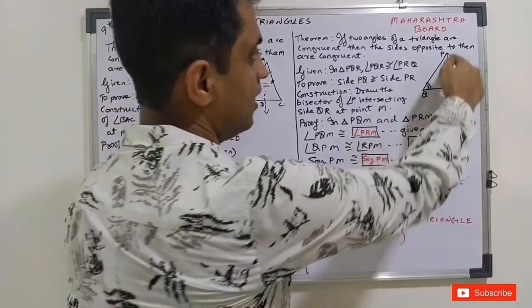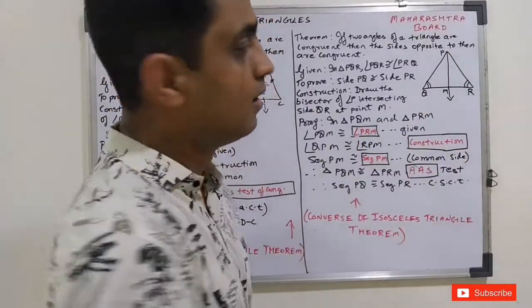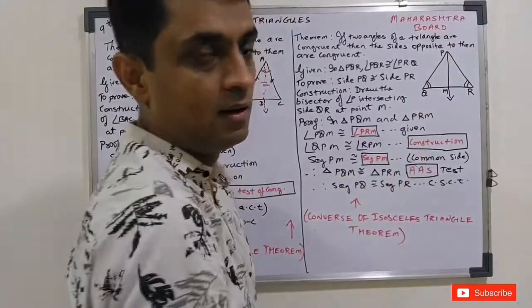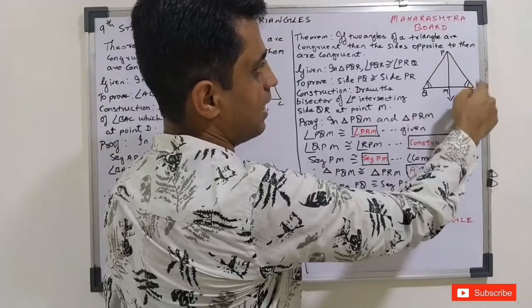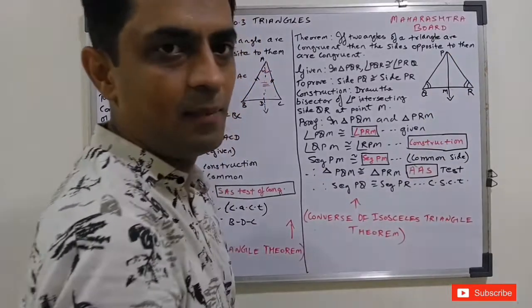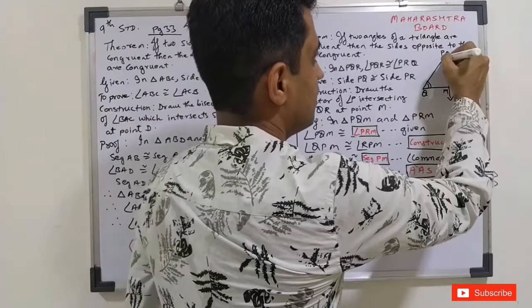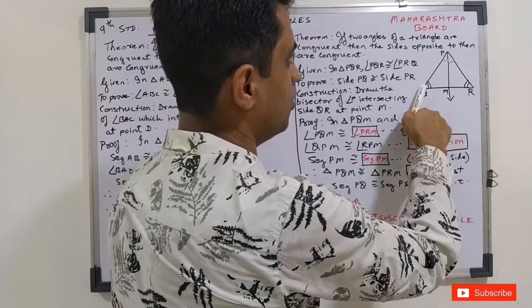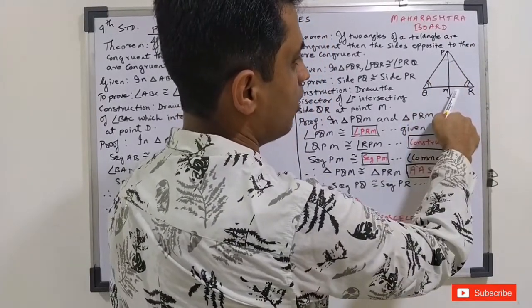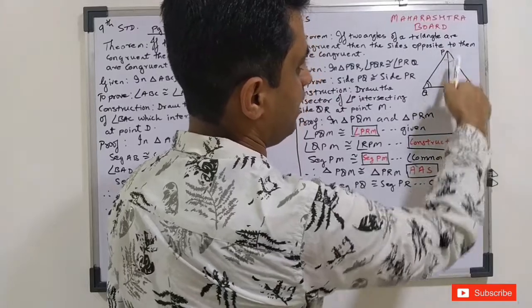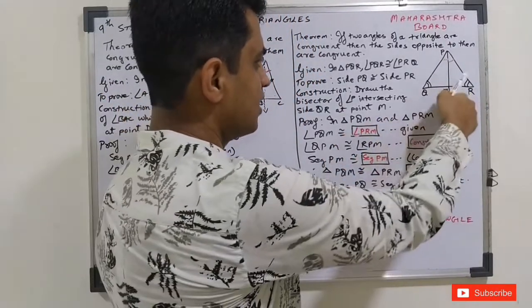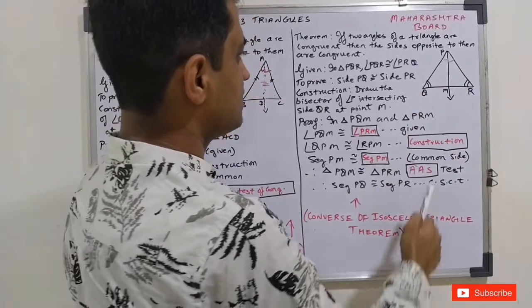Same way, here also you draw a construction PM. So this PM bisects the angle QPR. It bisects the angle QPR. So this is an angle bisector. It means this angle is congruent to this angle. Means angle QPM is congruent to angle RPM by construction. Let us take the two triangles. The two triangles are what?